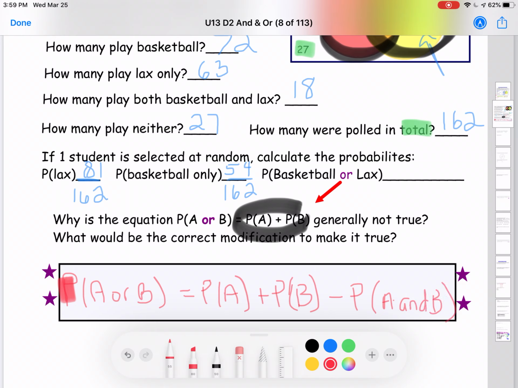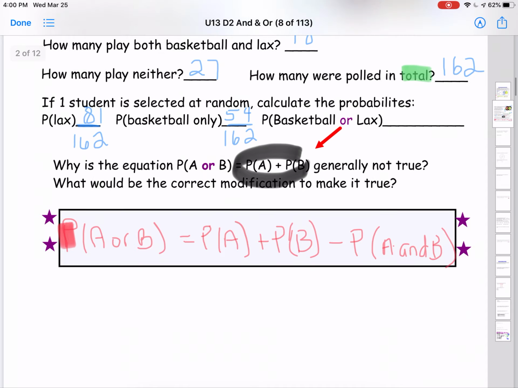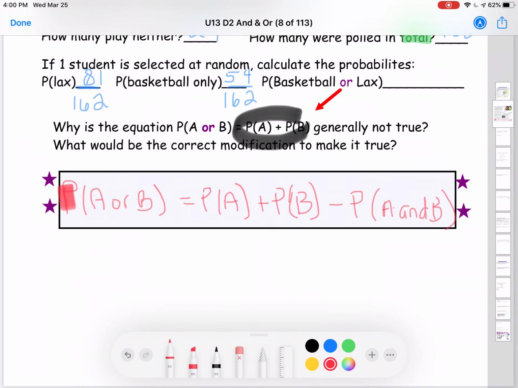Okay, so that's an important formula that we need to know. So now we can do this problem. Let me make more room. All right, so the probability of basketball or lacrosse. Okay, basketball or lacrosse. All right, so we'll do probability